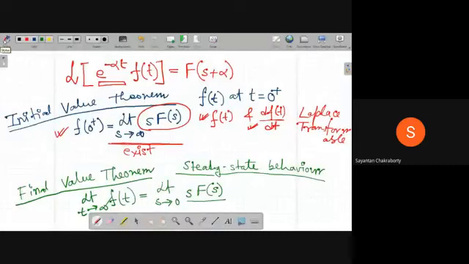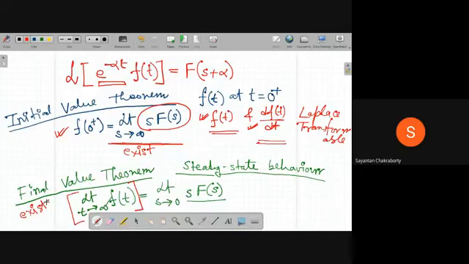Okay, so again, coming back to this final value theorem, it is relating the final value of ft as t tends to infinity to the value of sFs in the neighborhood of the point s equal to 0 in the s domain. Okay, so again, there are certain conditions that need to be verified before you apply the final value theorem. What are these conditions? Obviously, this will be redundant. ft and dft dt should be Laplace transformable. And then the most important condition will be that this limit should exist,